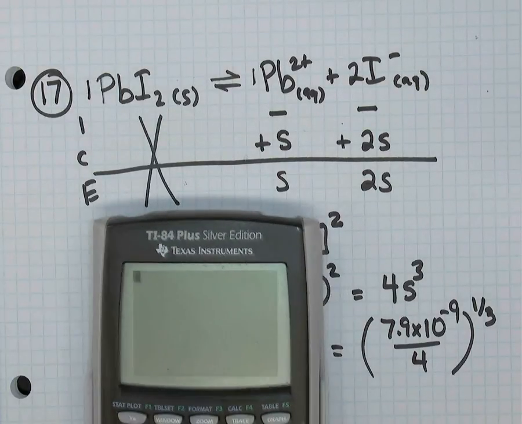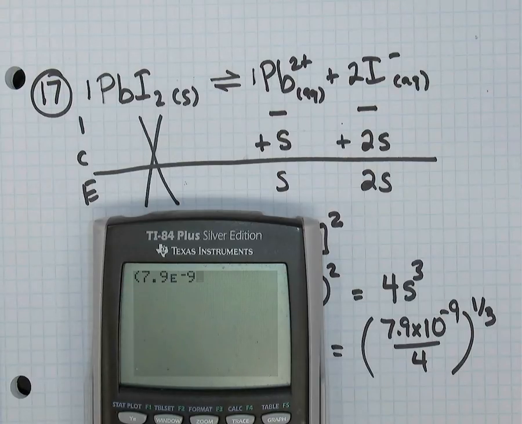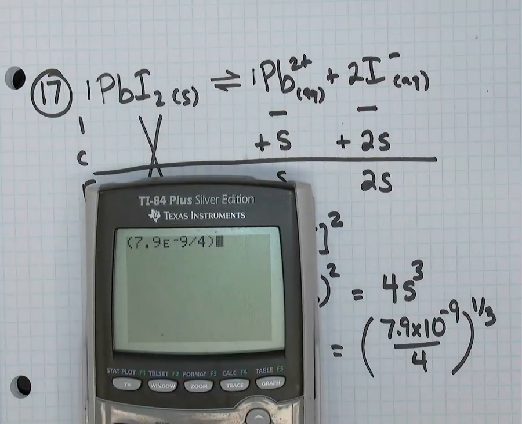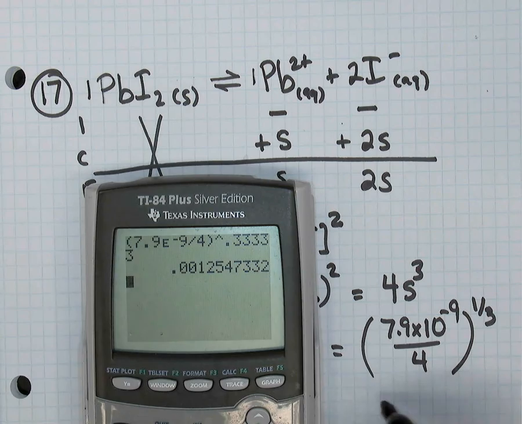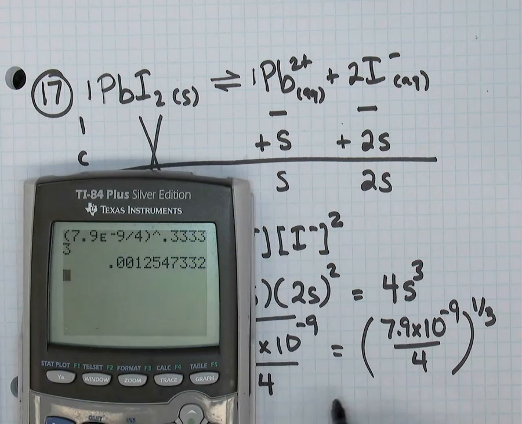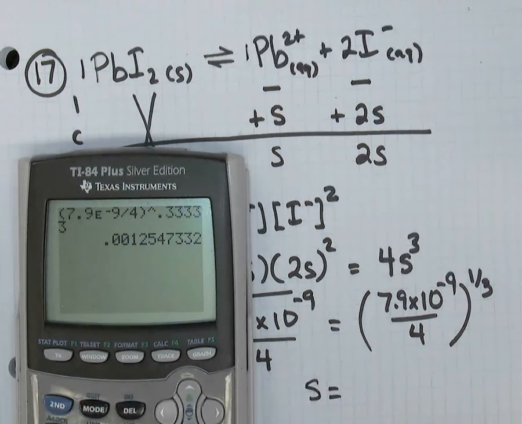So I'm going to open a bracket, 7.9 times 10 to the power of minus 9 divided by 4, close the bracket. And now to cube root, I need to raise to the power of 1/3. But 1/3 as a decimal is 0.33333 repeating, so I'll raise to the power of 0.33333, something like that, equals. So for me, the solubility S is equal to